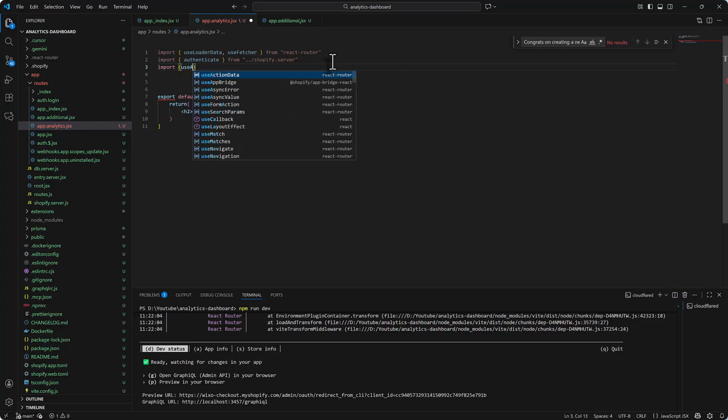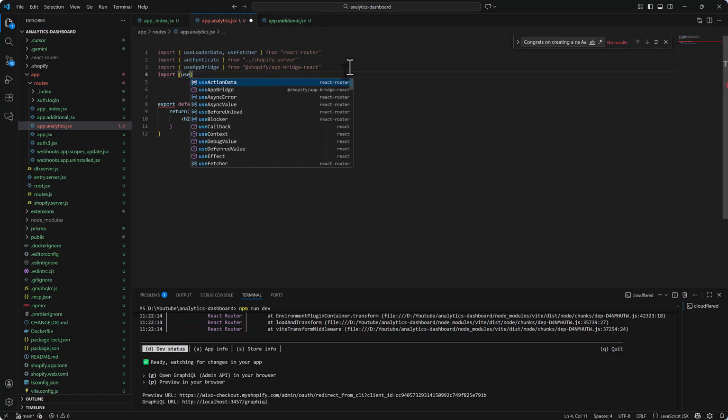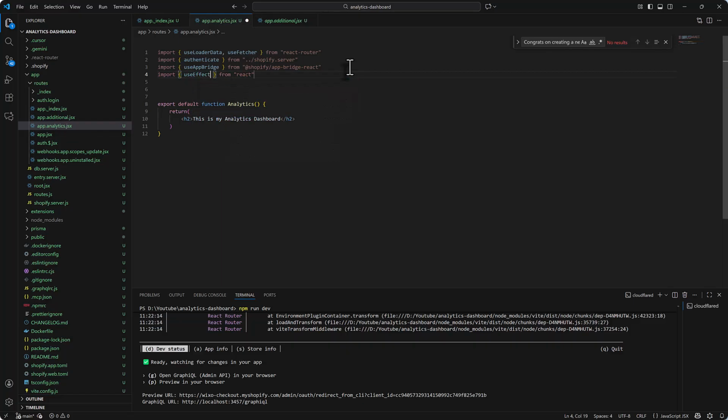useAppBridge from the Shopify App Bridge React module, and finally import useEffect from React. And over here I will